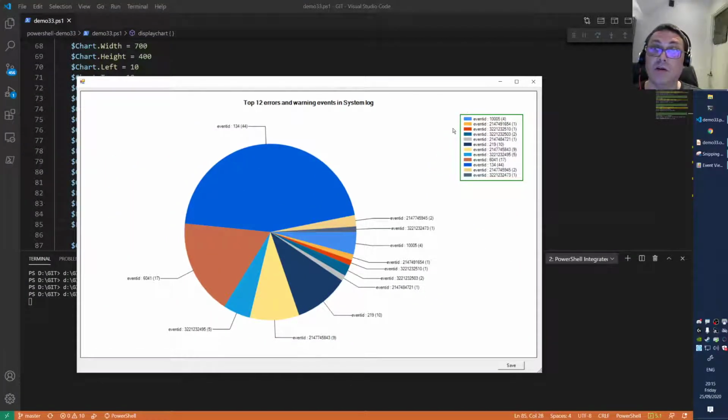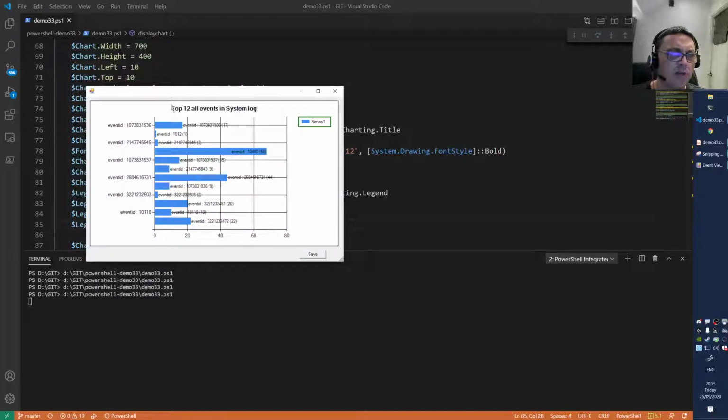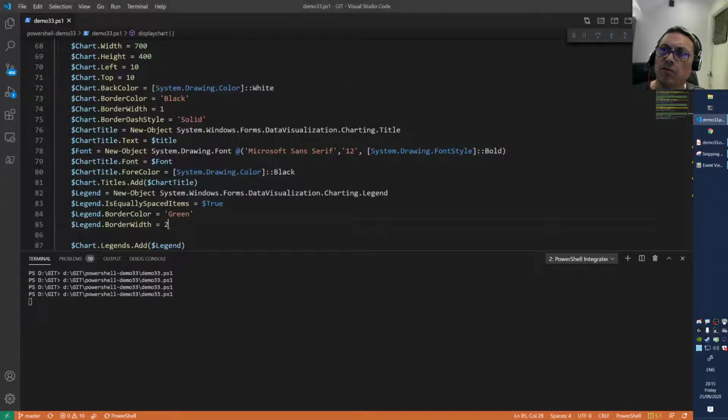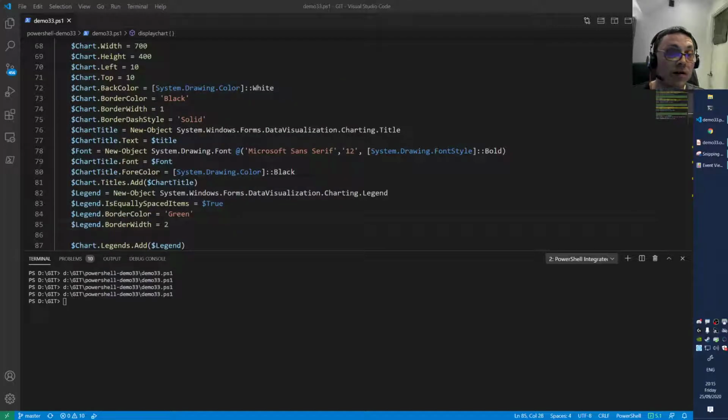Not gonna explore all properties, of course, of the charts and the legends, but perhaps this black one also looks pretty nice. By the way, I need to stop it again. I seem to forget all that all the time. But you see, this one also has now the green, the nice green line around it, the border. And let's see what we can do more, but I'm pretty sure we can do a lot more.